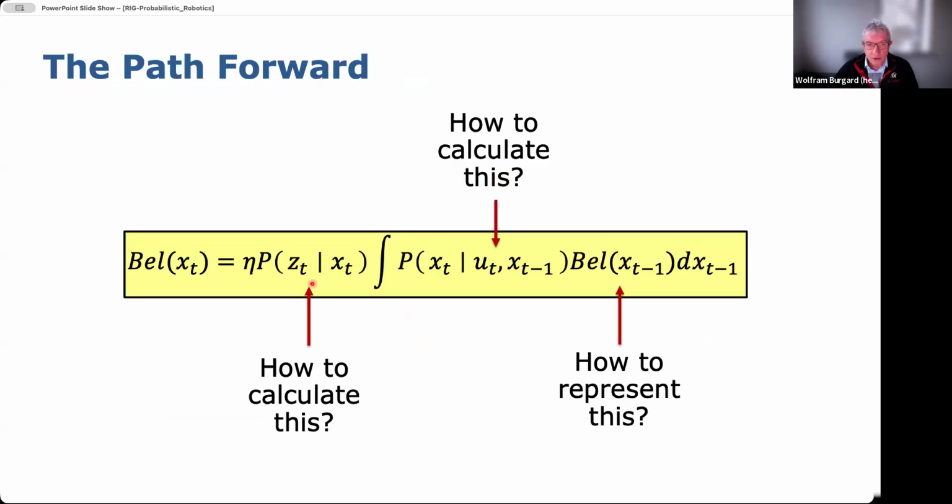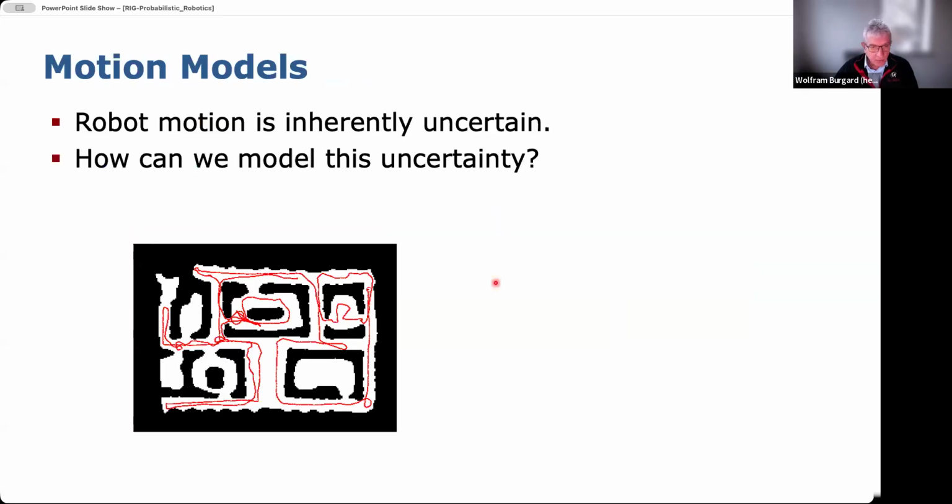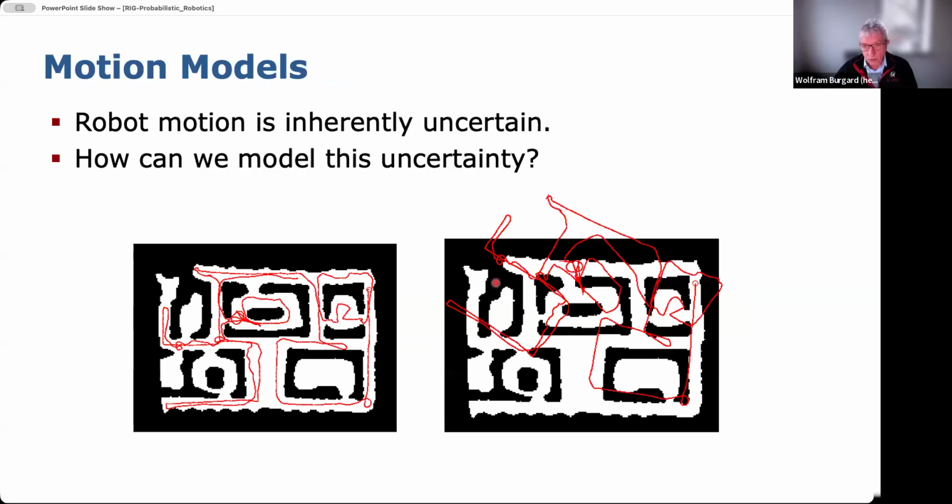So what we see now is how to actually calculate this value P of Z given xt. Then we are going to look into the second one, right? Now, how can we actually calculate P of xt given ut and xt minus 1? Here, just to let you know, this is two